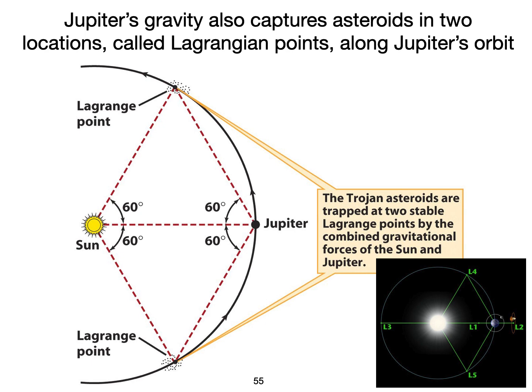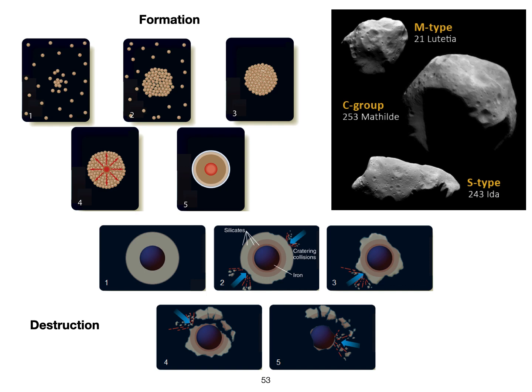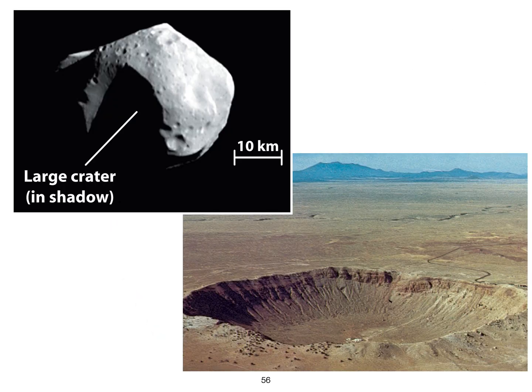But like I said, there's a lot of impacts and collisions in the asteroid belt that shape the asteroid belt itself, break them down into smaller asteroids, and also determine what type of asteroid it might be. Some of them can collide with each other and get knocked into orbits, or Jupiter itself can perturb them out of resonance zones and send them towards the Earth, and some of them will hit the Earth every now and then. So 3 to 3.5 billion years ago, there was a much heavier bombardment of the Earth when there was a lot more of this stuff floating around. But thankfully for us, they're less frequent now. However,